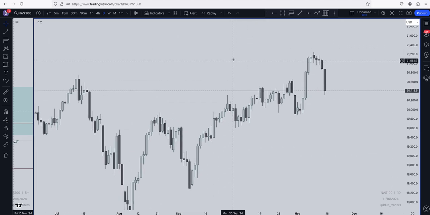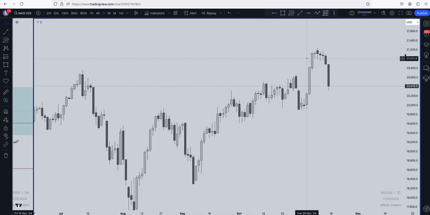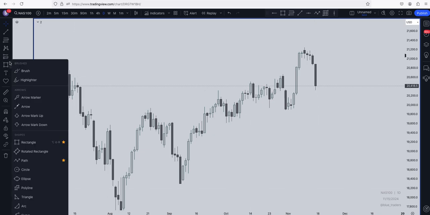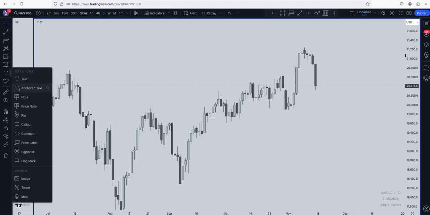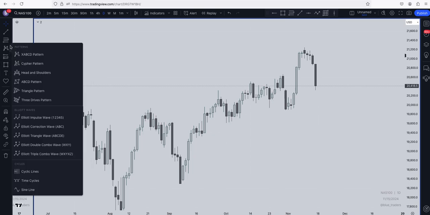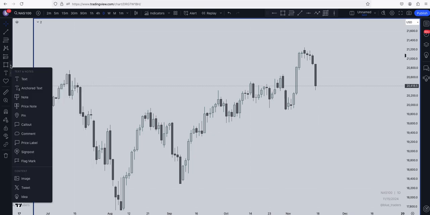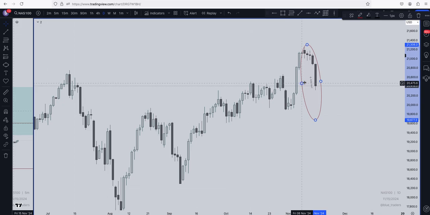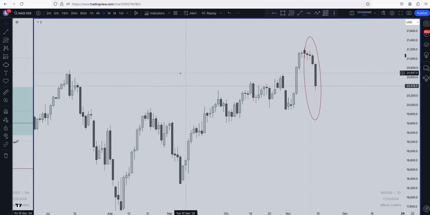Okay, so looking at price here, what can we see? One thing that I tell my students is that you should focus on the moment, what is currently happening. This is where your focus will be. You're not trying to look at what happened a few years ago. As soon as you see